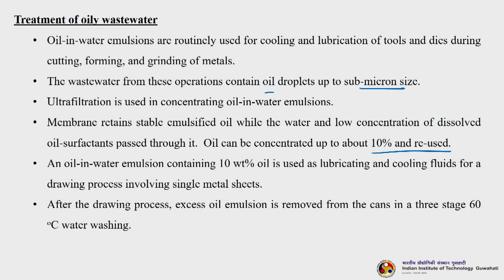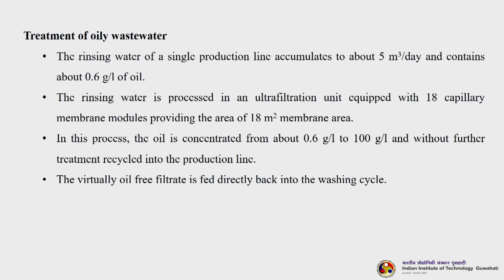So, after the drawing process, excess oil emulsion is removed from the cans in a 3-stage 60 °C water washing. The rinsing water of a single production line accumulates about 5 cubic meters per day and contains about 0.6 grams per liter of oil. The rinsing water is processed in an ultrafiltration unit equipped with 18 capillary membrane modules, providing an area of 18 square meters of membrane area. In this process, the oil is concentrated from about 0.6 to 100 grams per liter and